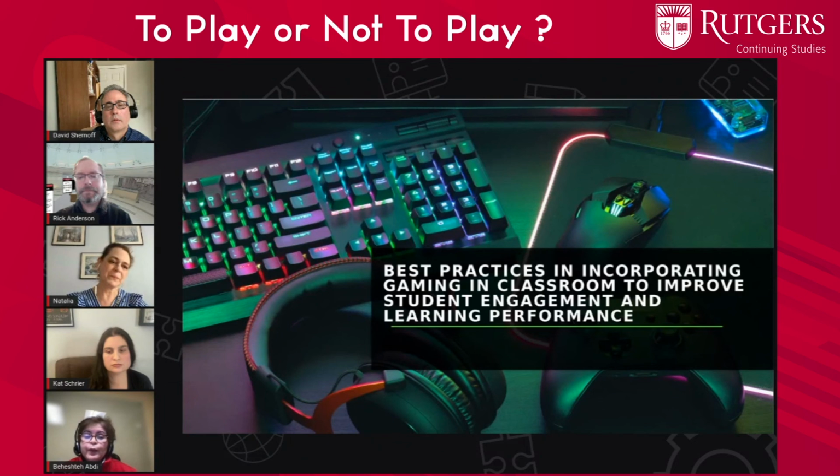The last point that I want to mention is that in including some game elements, we should be very cautious to use fewer participatory badges and more skill badges.